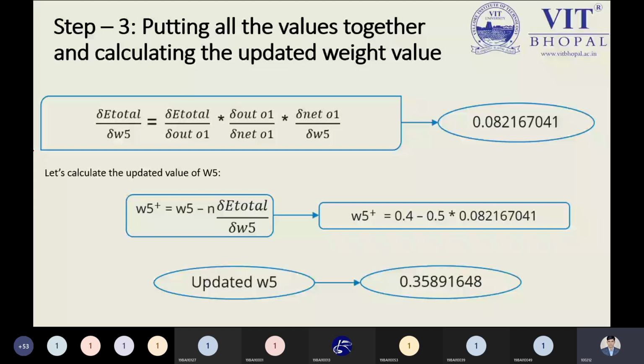And after getting all these values, you can't directly calculate the partial derivative of E total with respect to W5, because between E total and W5 there is no direct relation. Very frankly speaking, is there a relationship between E total and W5? No, because in between, the O1 node is playing an important role, and the O1 node is divided into two parts, net O1 and out O1. So that is the reason we have to make a chain between these two values, E total and W5. That is the reason I'm using the partial derivative chain rule formula to make a simple idea. But when I'm designing these equations right now, we have to calculate the partial derivative with respect to each and every value as we have seen.